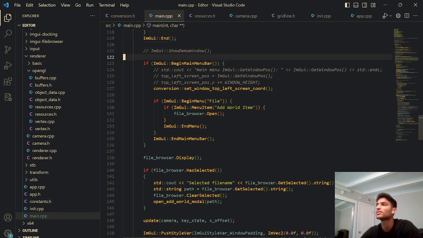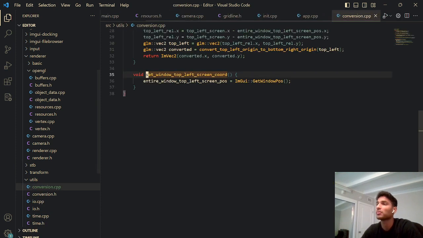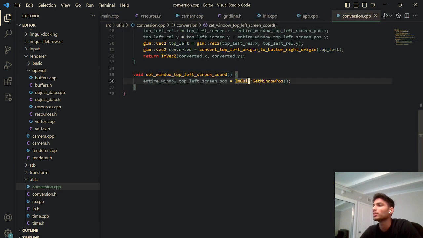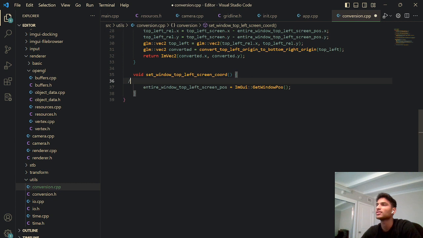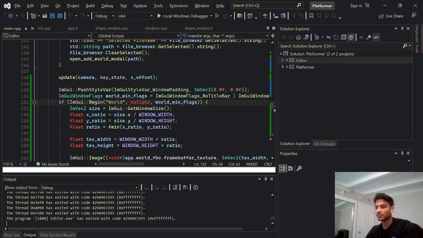Let's see. So we start off with the menu bar, and essentially I have this helper name for the namespace called conversion, but essentially what we're doing is we're setting the top left screen coordinate, and what we're doing here is getting the window pos, and what this actually does is this will get the screen relative window position. So for example, this position, if, let's see, yeah,